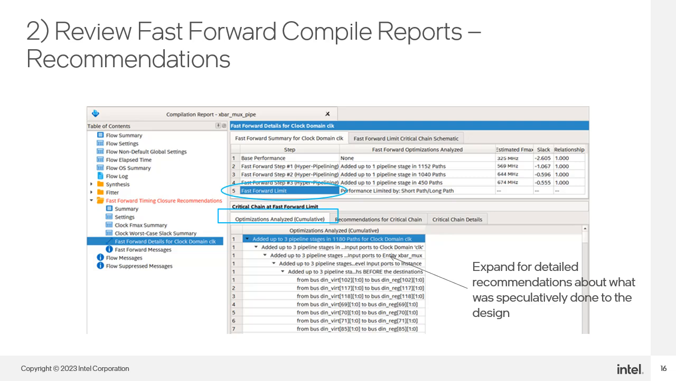Just highlight the fast-forward step that shows an estimated Fmax that is at or above your target clock rate. Then go down to the Optimizations Analyze section to see the details of what was virtually done to your design to reach that clock speed. Keep in mind that the recommendations might be HyperPipelining only, or they might be a combination of hyper-retiming, HyperPipelining, and